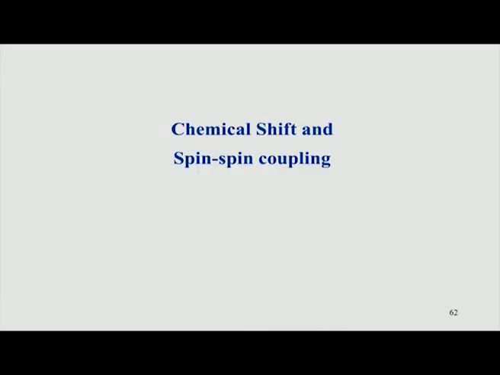This is typically from a chemist's point of view, because NMR spectroscopy is a very important tool for chemistry. Therefore, we will now look at some simple NMR experiments which can be done on chemical compounds, and we can look at how to analyze them. The next few classes are going to focus on chemical shifts and what is called spin-spin coupling or J coupling. So, let us start with chemical shifts.